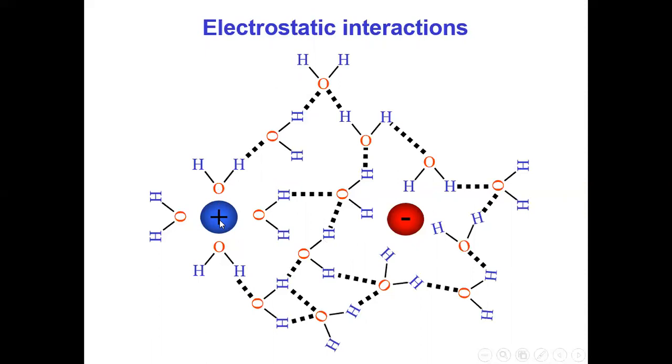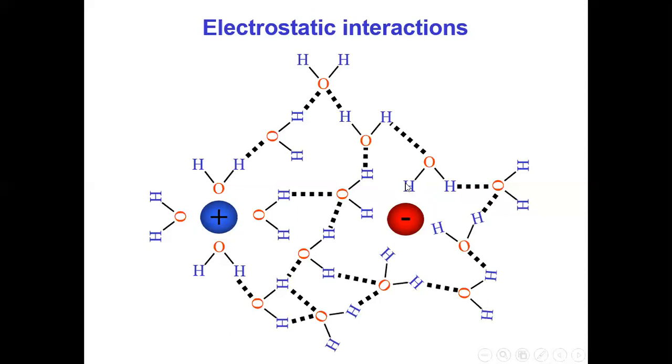They face it, and their partial negative charges interact with this positive charge. On the other side, we have the full negative charge, and there we see the opposite. Some of the water molecules surrounding the negative charge interact electrostatically with this charge via their hydrogen atoms, which have